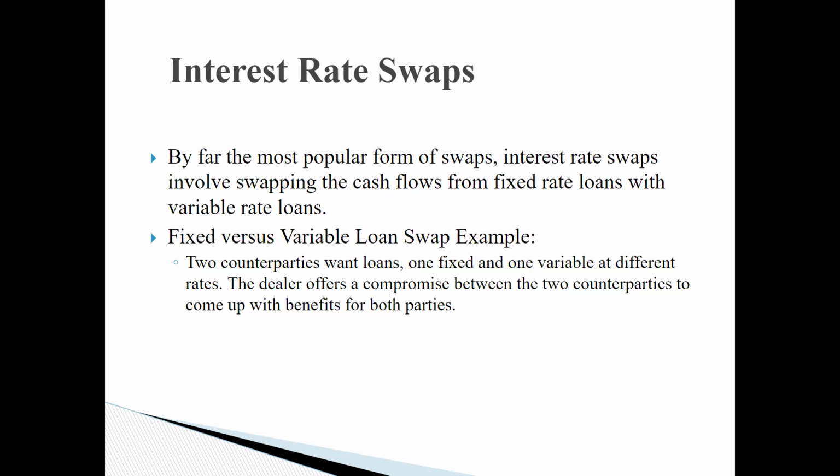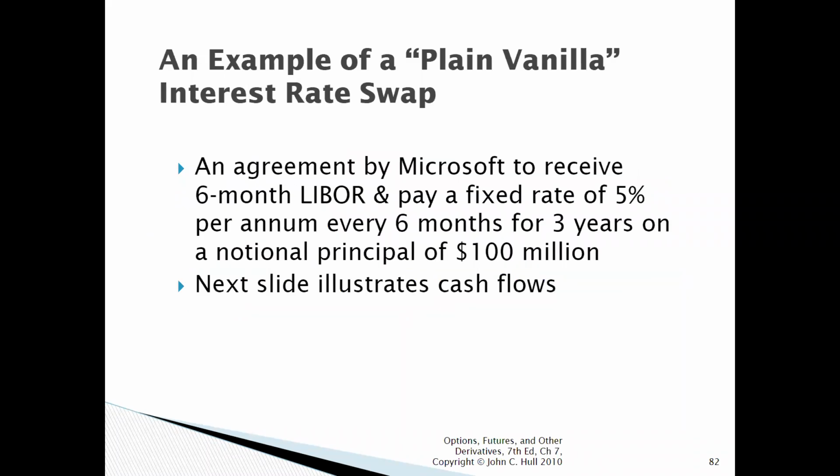Okay, students. So now let us look at an exchange of cash flows, fixed and variable cash flows. Have a look at this. Microsoft is doing the swap. What are they trying to do here? They are borrowing, and want to receive 6-month LIBOR. Any of you heard of LIBOR? You would have, right, students? What is that?